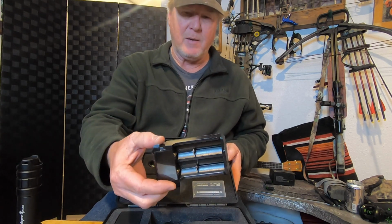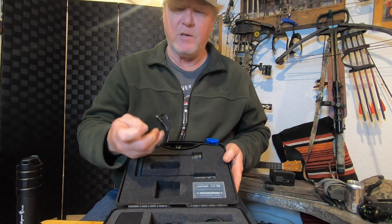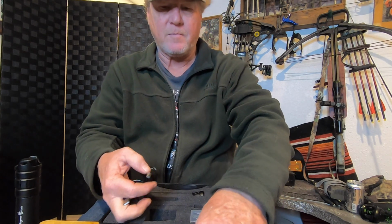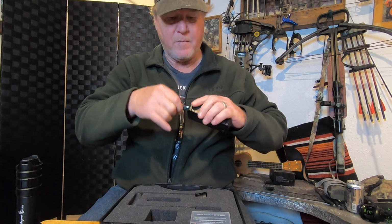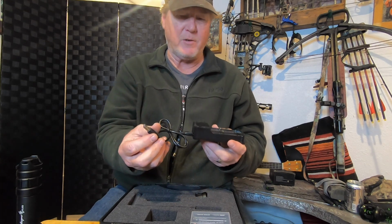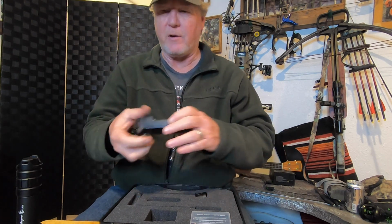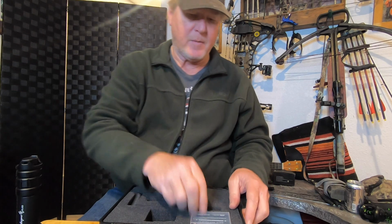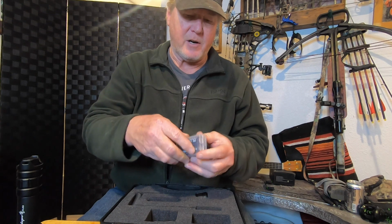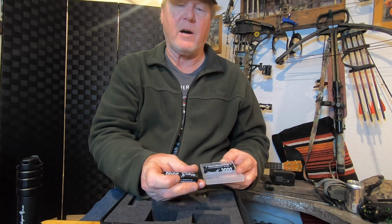You have the battery charger for it. And the battery charger, you got your USB, which plugs into the back of the charger. Then of course you plug it into a USB port or your USB wall socket, and you can charge your batteries. You can charge both batteries at the same time, because it does come with two batteries, and the batteries are a good little box that holds these open. The batteries are